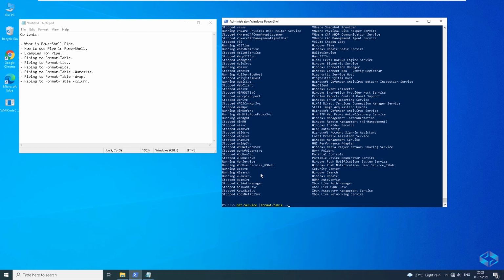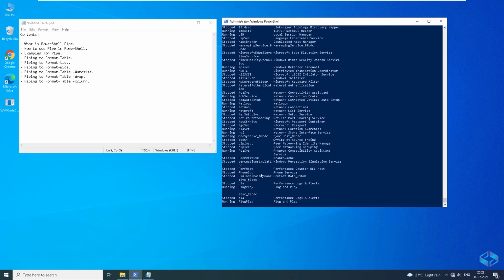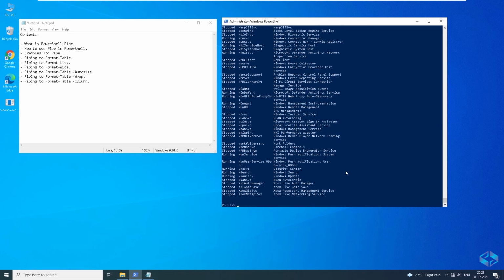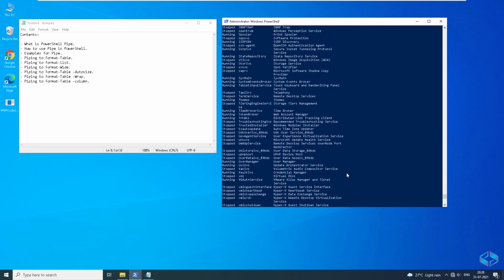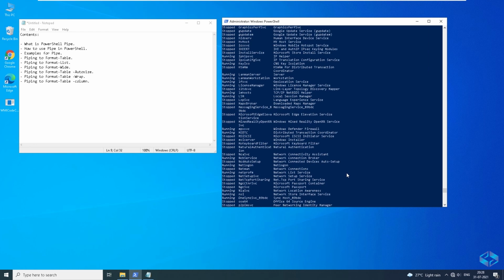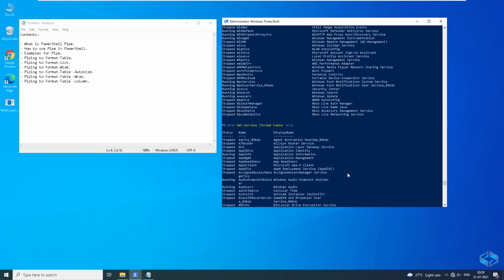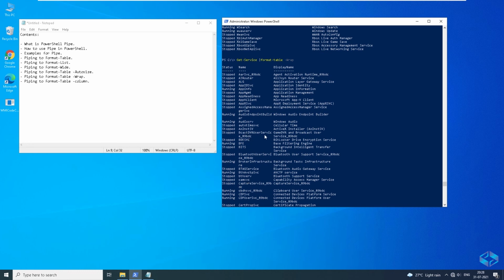wrap. So you see some difference when we compare with the previous commands here. The main thing is that wrap uses the smaller column size, but wherever we have extra words, it is splitting into the next line, and it is just printing below.